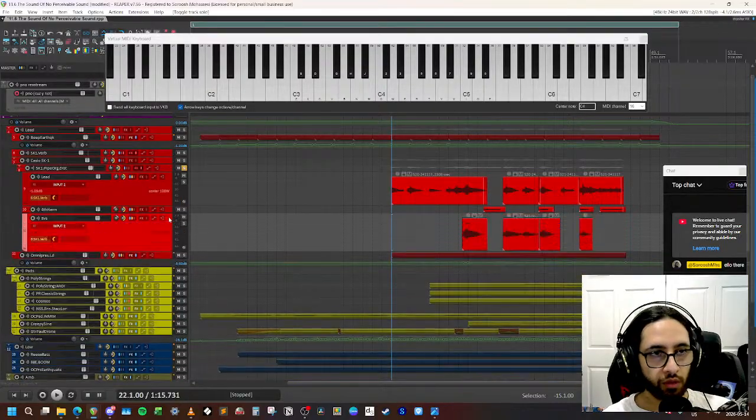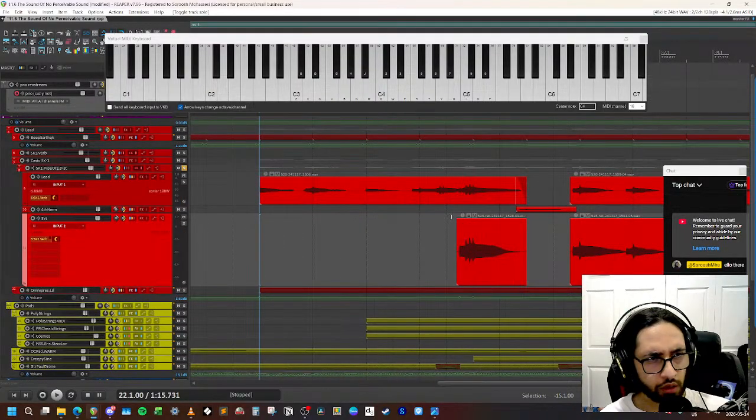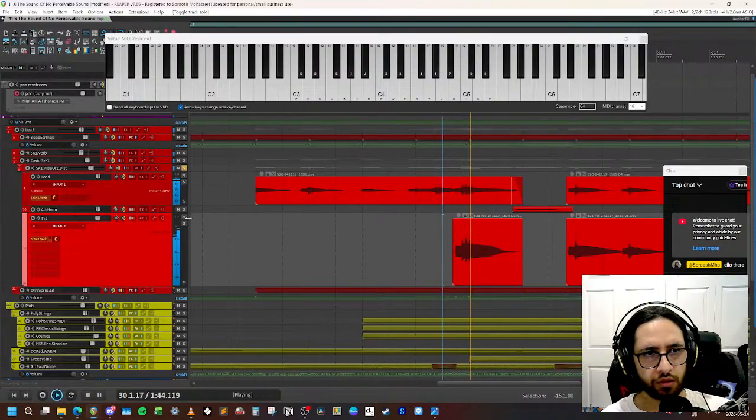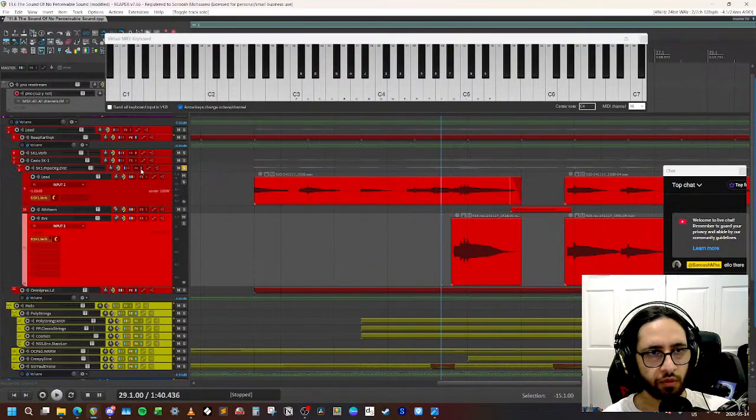So then we have a second octave, it looks like. Yeah, I think it's the same sound, just one octave up.